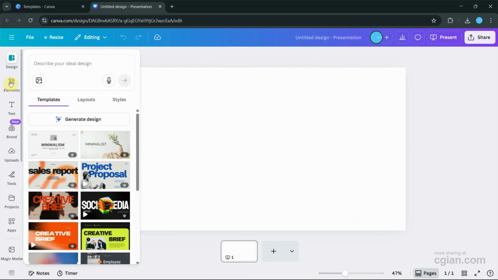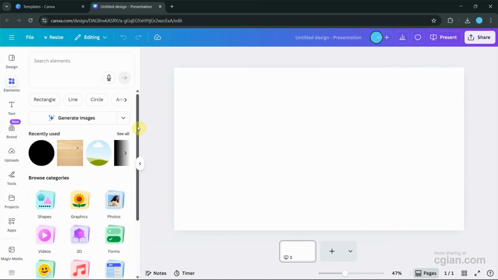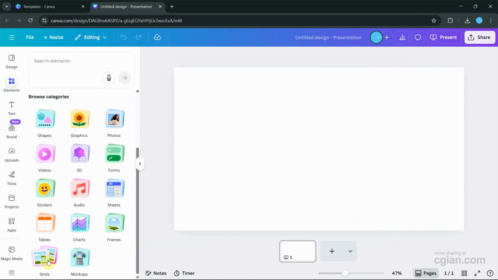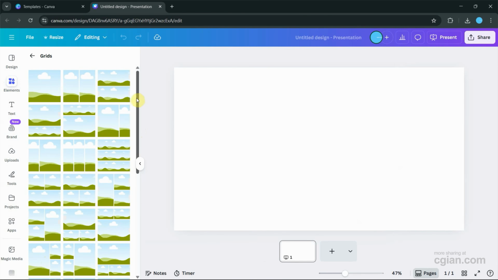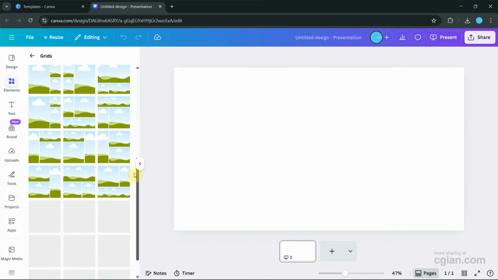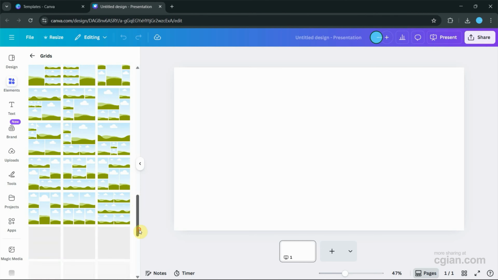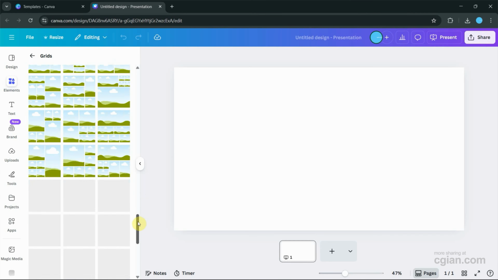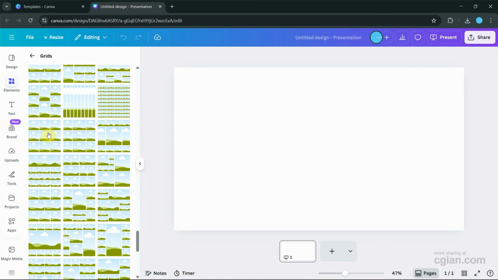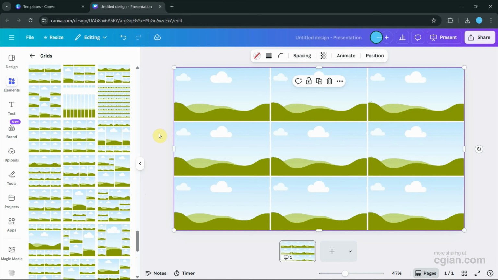Next, we can go to Elements and then go to Bottom. We can find Grids. Click and enter the grids. We can go to choose a grid. I want to find 3 times 3. So wait a moment. Over here, we can click the 3 times 3 grid, click to add it into the Canva design,